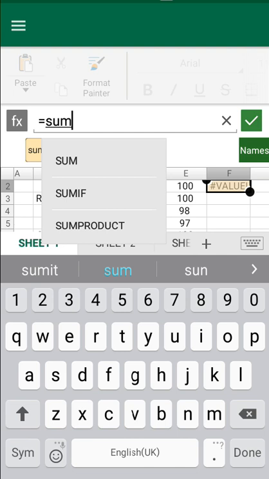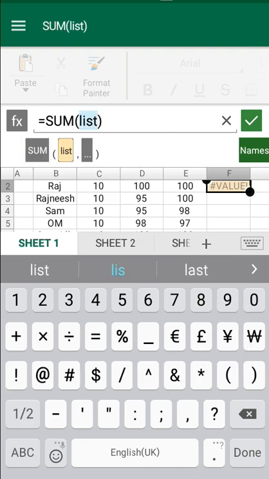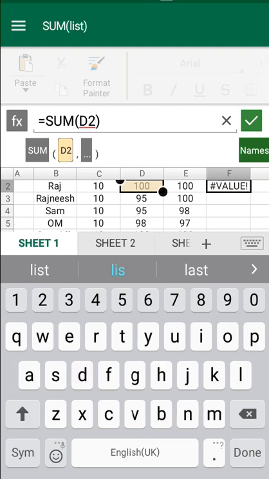I want to give the sum, for that I'll use the equal to sign. The list means the cell range, from C till E2. I am doing the sum, for that I need an equal to sign and then a formula, and then I'll click on that.